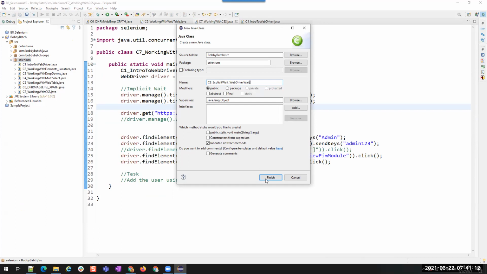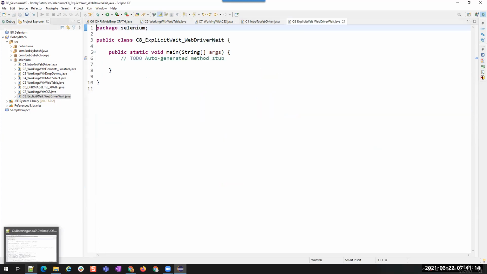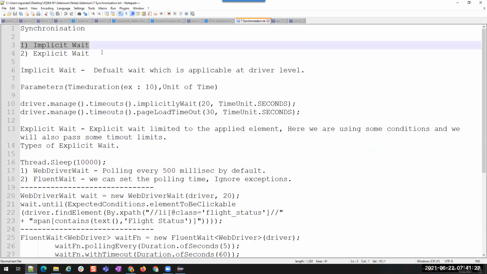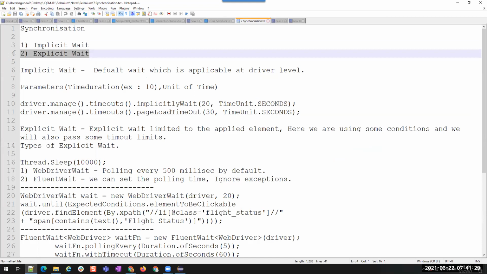There are two types of explicit waits. What are those? Do you remember, Sharap or Angie? Yesterday we discussed. What are the two types of explicit waits? I'll tell you. Explicit wait can be applied in two different types.